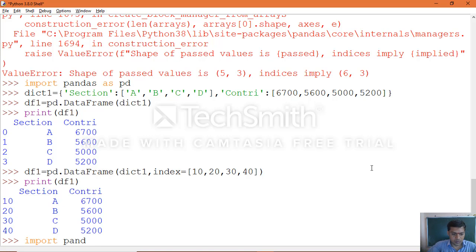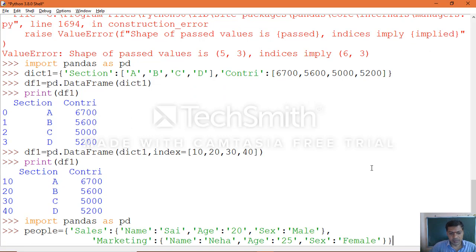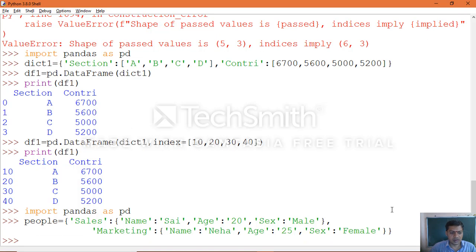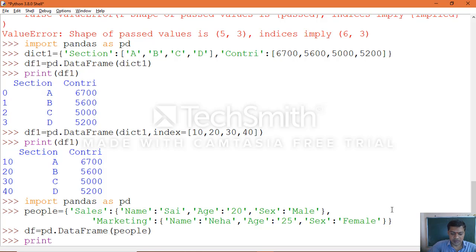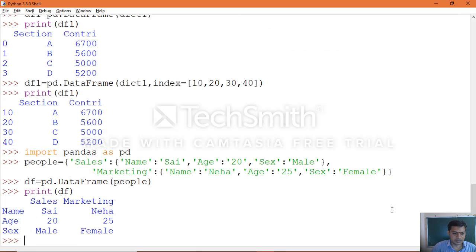Import pandas as pd, and we created the dictionary object, then create the data frame object with pd.DataFrame, pass the dictionary object, then print the data frame object, where you can see clearly how it takes place.